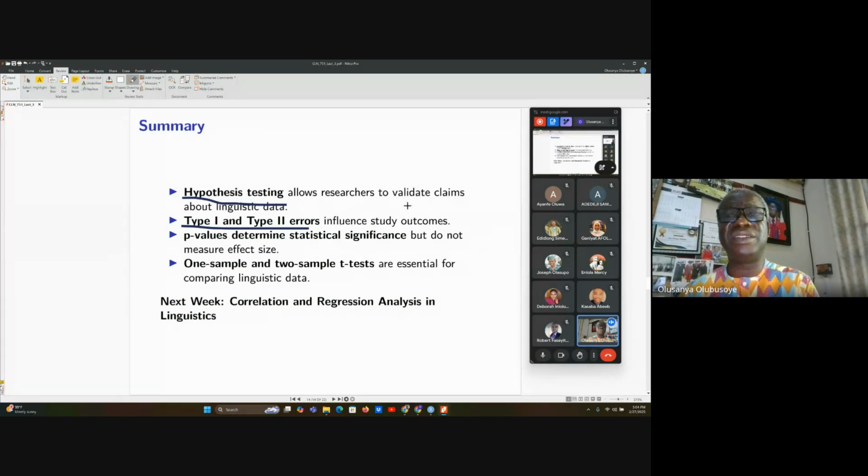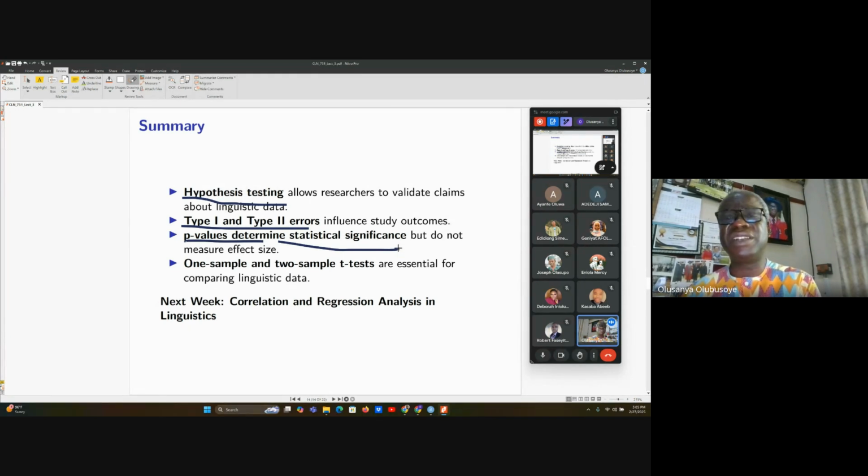You should know that. So you could commit type 1 error when you reject the correct hypothesis, and type 2 error when you accept a wrong hypothesis. The p-value is very important and is simply used to determine whether to reject the null